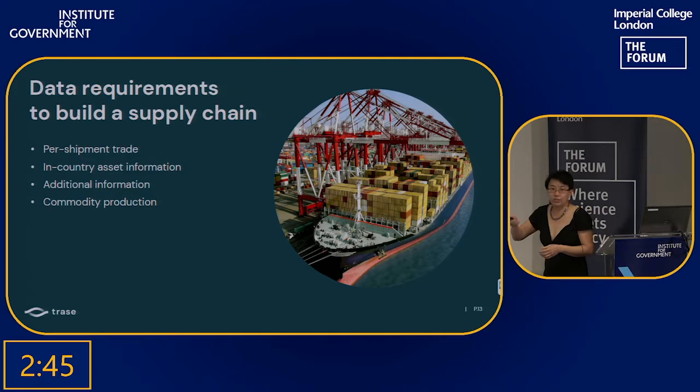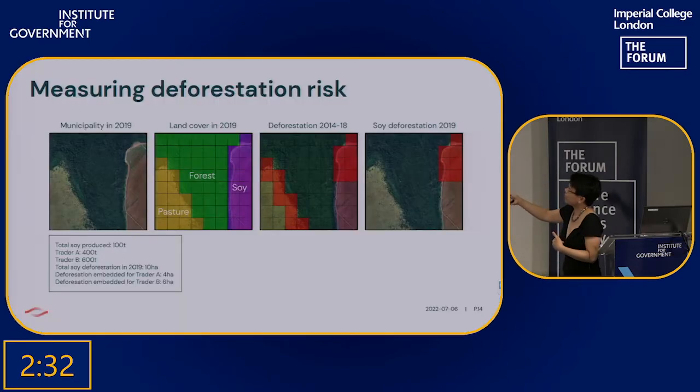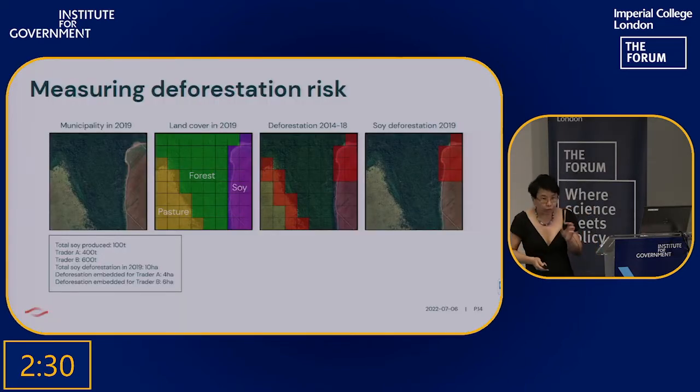And there may be other additional information depending on the specific context that we use. So that allows us to then attribute volumes of commodity flow to specific actors from specific regions. In terms of measuring the deforestation impact, we use spatially explicit data, meaning satellite imagery, and we can see where an area of land that was previously forest in subsequent years becomes pasture or becomes soy production.